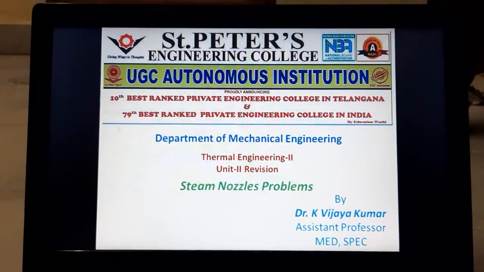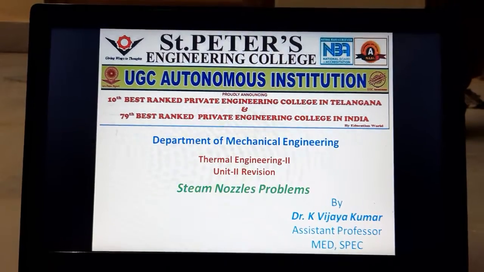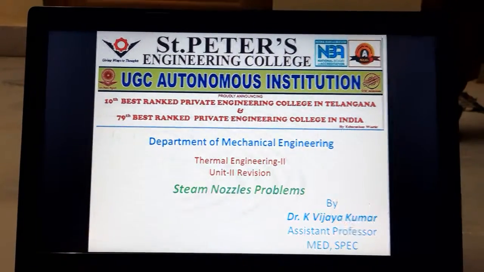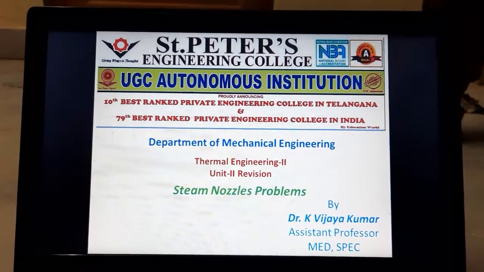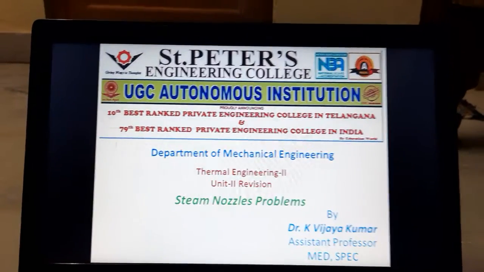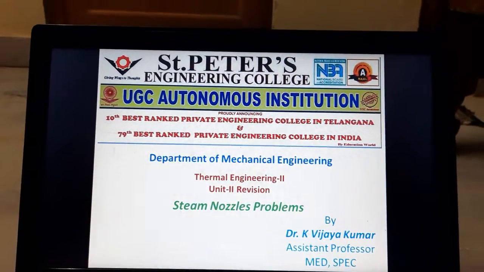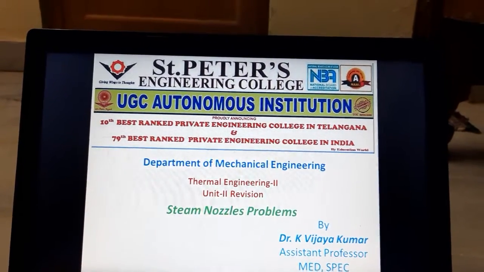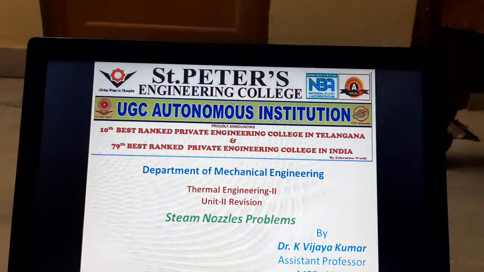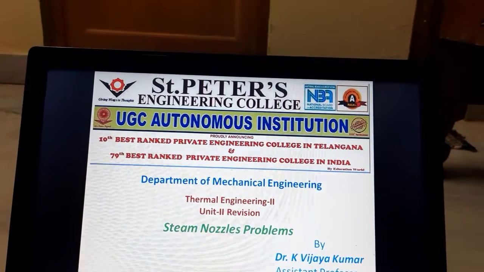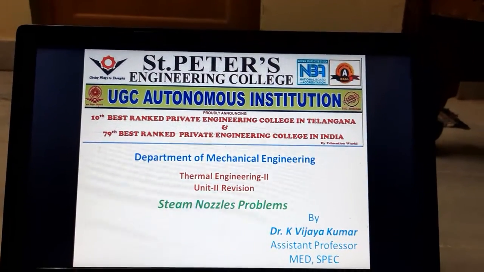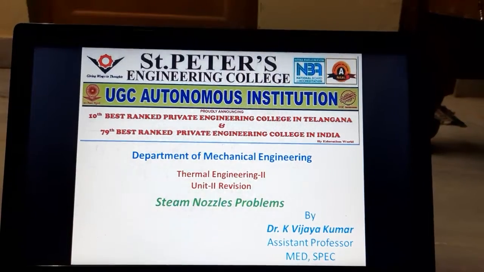In the last video we discussed the function of steam nozzles and their types. The main function of a steam nozzle is this: a steam nozzle is a passage of varying cross section which converts the heat energy of steam into kinetic energy. The main use of a steam nozzle is in the steam turbine, which produces a jet of steam with a high velocity. Moreover, no heat is supplied or rejected by the steam during flow through a nozzle.